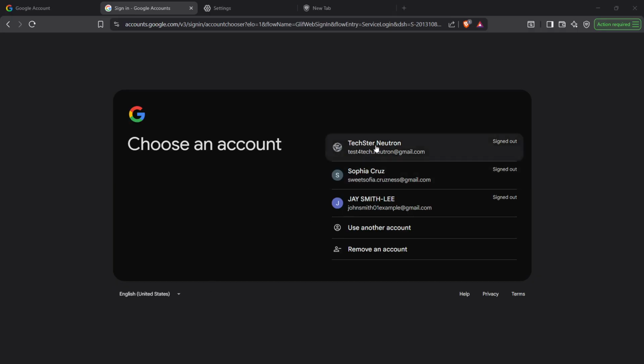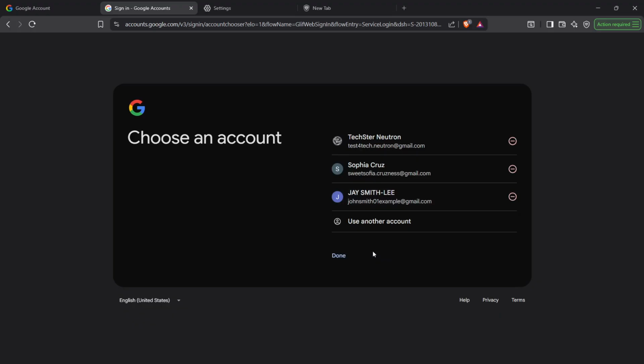to the sign-in page. On the sign-in page, look for the option that says Remove an account. Click on that link. This will take you to a list of all the Google accounts that were previously signed in. This step allows you to see the accounts linked to your Brave browser, giving you a clear picture of what you can manage. Being able to remove accounts that you no longer use is important for maintaining your online security and ensuring that your browser space is tidy.